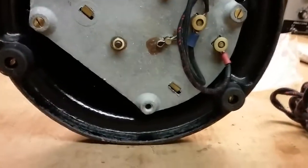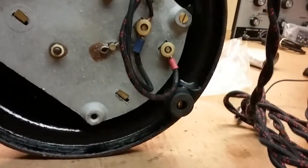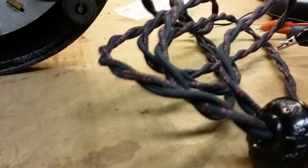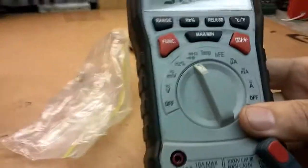Anyway, the customer sent it in because it stopped working. And I wanted to document what it looked like. Let me put some connectors on here and you can see what we got. I'm just hooking up some clips on my phone here. If we go to line cord,